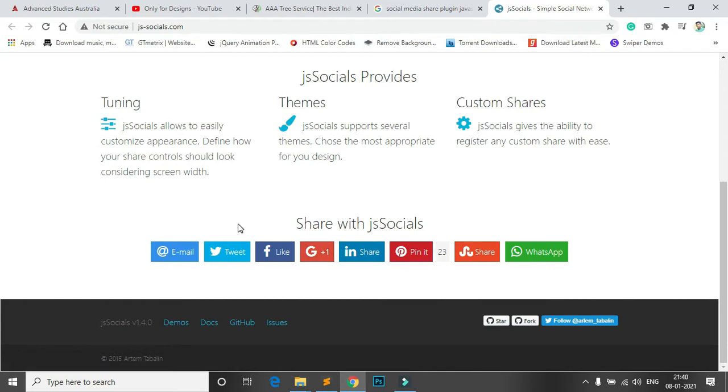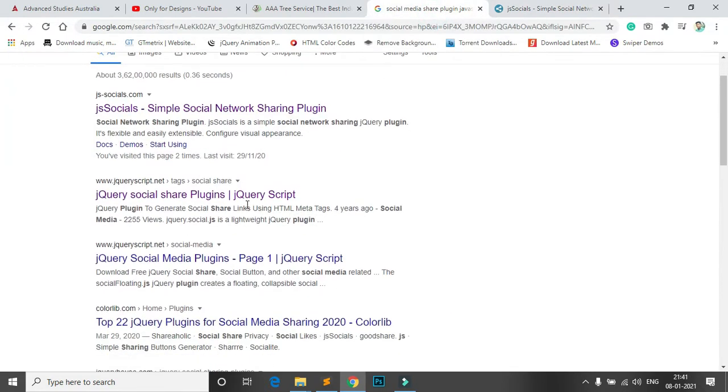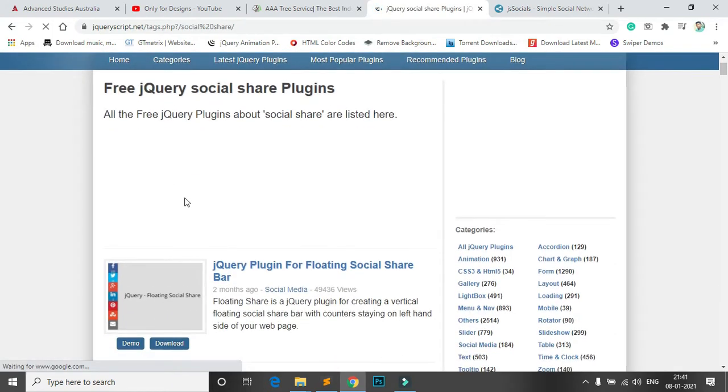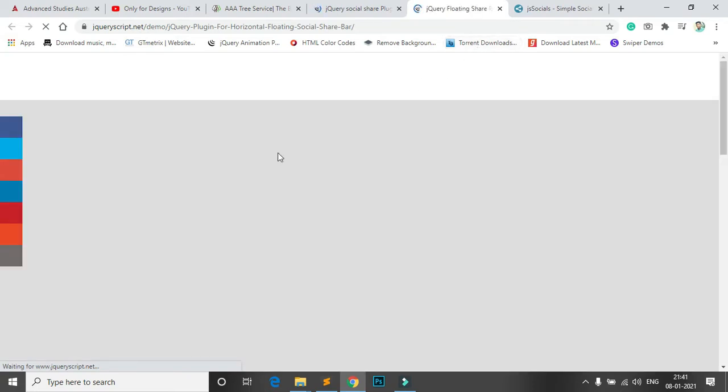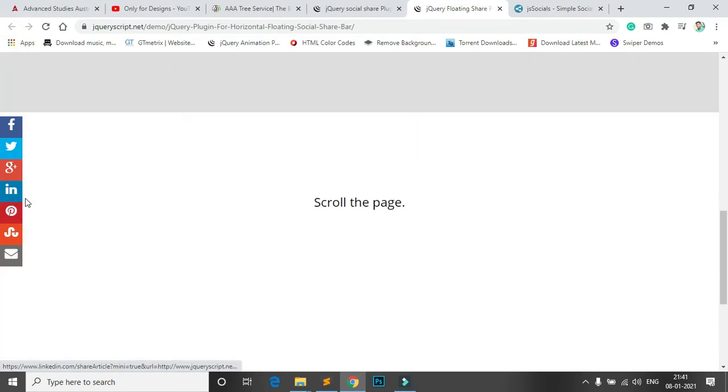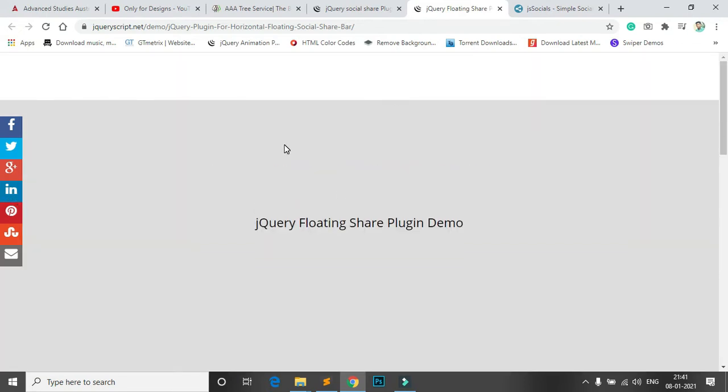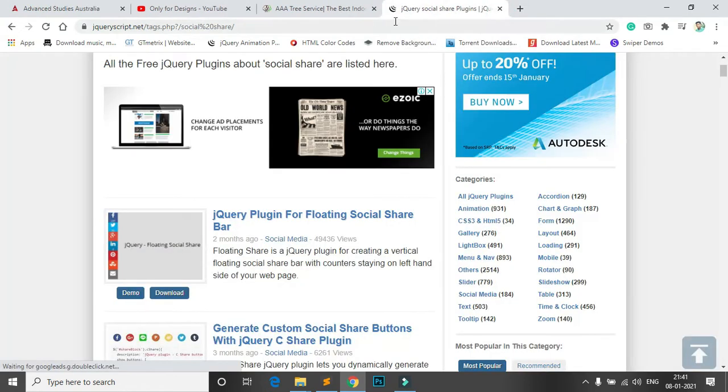Last day I used this plugin for practice and it's not working properly, so I can use this plugin. You can see the demo. This plugin is very easy and very helpful. So today I use this plugin, which I already downloaded. Okay, so I close this one.